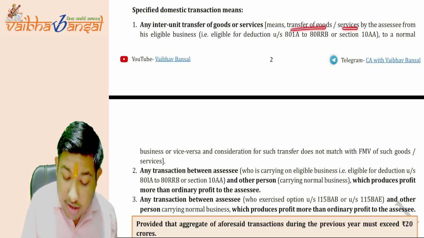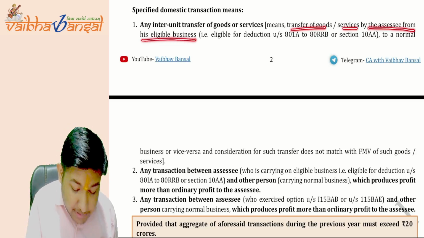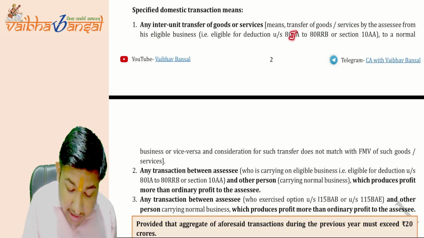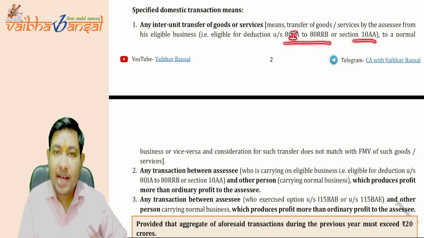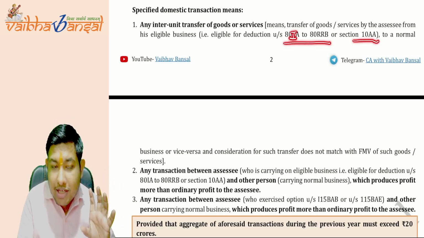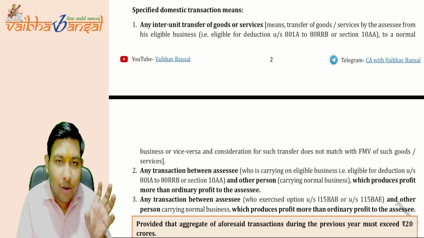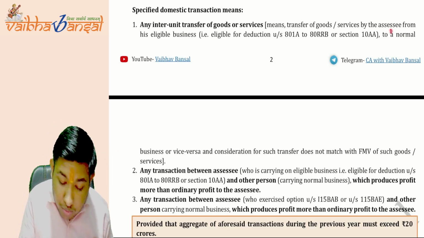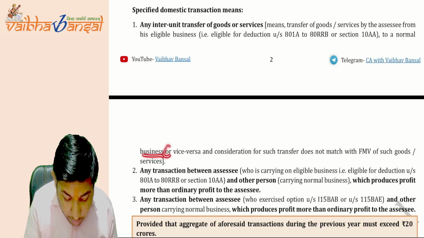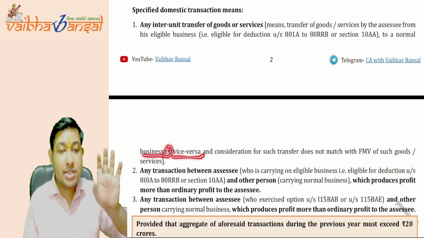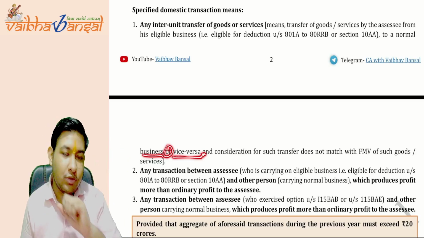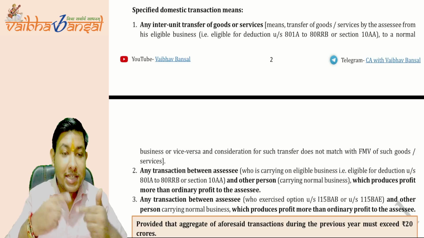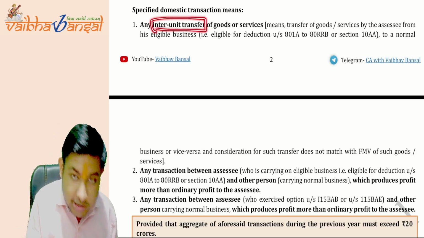What it says: there is an inter-unit transfer of goods or services, meaning the transfer of goods or services by the assessee from his eligible business. Eligible businesses are under 80IA to 80RRB or section 10AA. These are his eligible businesses. If he is transferring goods from his eligible business to a normal business, or vice versa, the normal business is transferring to the eligible business, or the eligible business is transferring to the normal business, so if there is any inter-unit transfer,